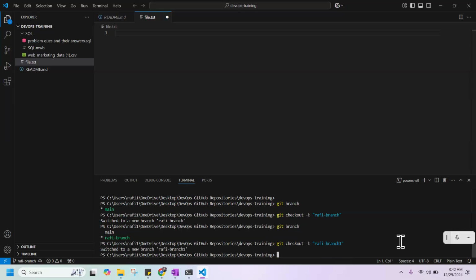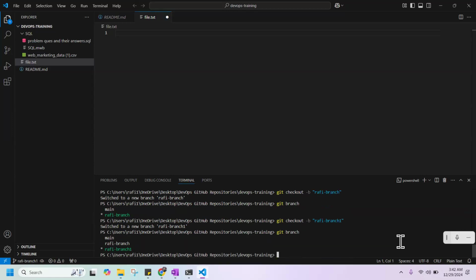Just press enter. Now check whether the branch is created or not and verify which branch you are currently in. Just write git branch. It says now you have three branches. One is main, the second is Rafi branch, and the third is Rafi branch one, right?